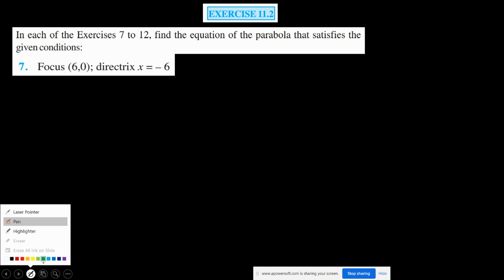Now, where does the focus lie? Since the directrix is given as x = -6, the focus lies on the x-axis. How do I know that? Because the directrix is given as x = -6, the focus should lie on the x-axis, right? Now, since it lies on the x-axis,